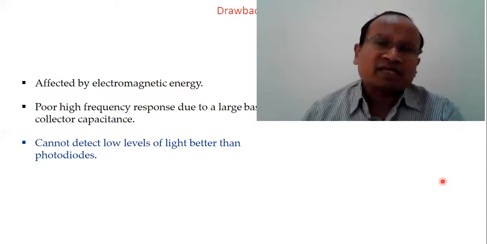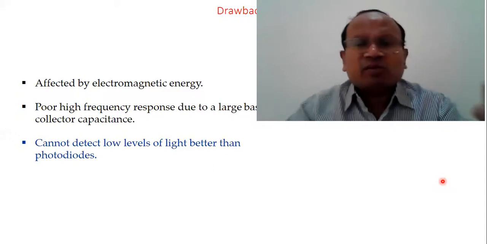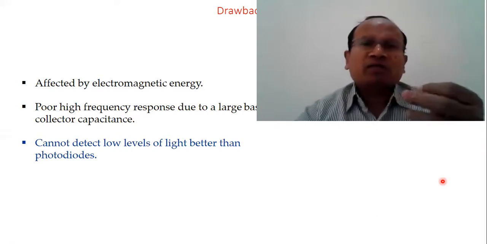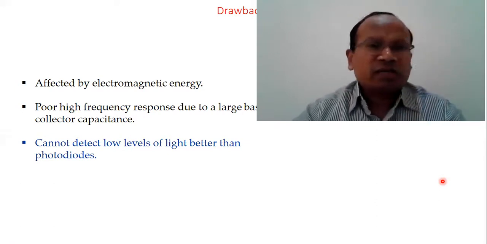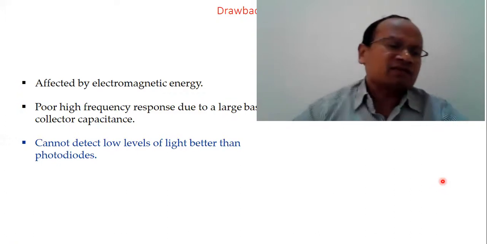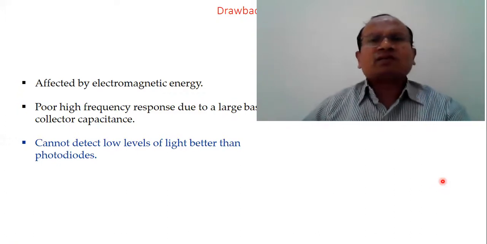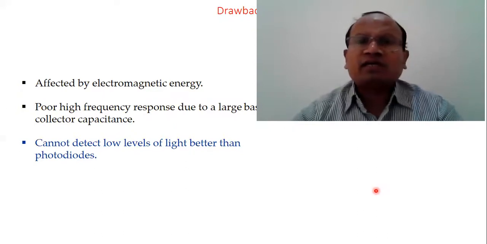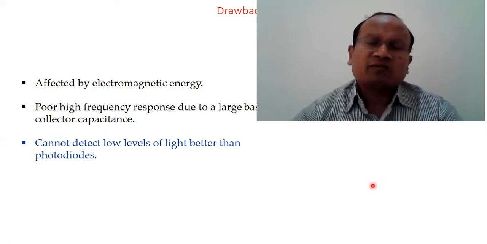Right? It also has a base characteristic. The base characteristic can be seen as, when we increase the optical signal power, the base current also increases. So the phototransistor can be considered as one of the important photodetectors or optical detectors which converts light signal into electrical current. That's all for this lecture.